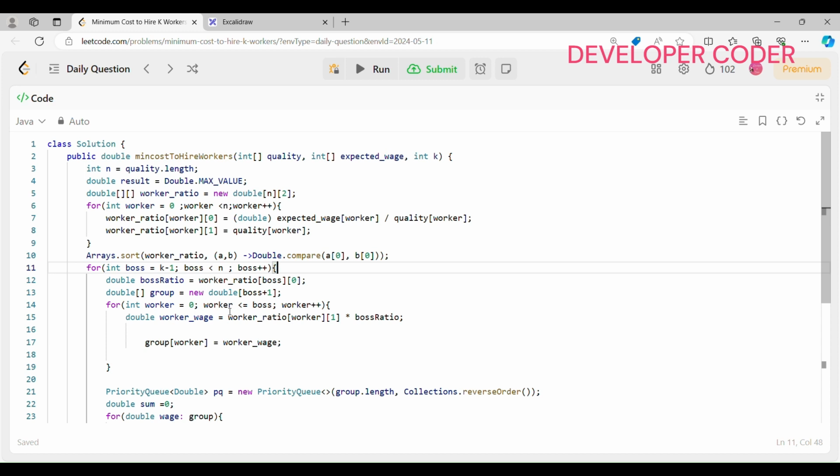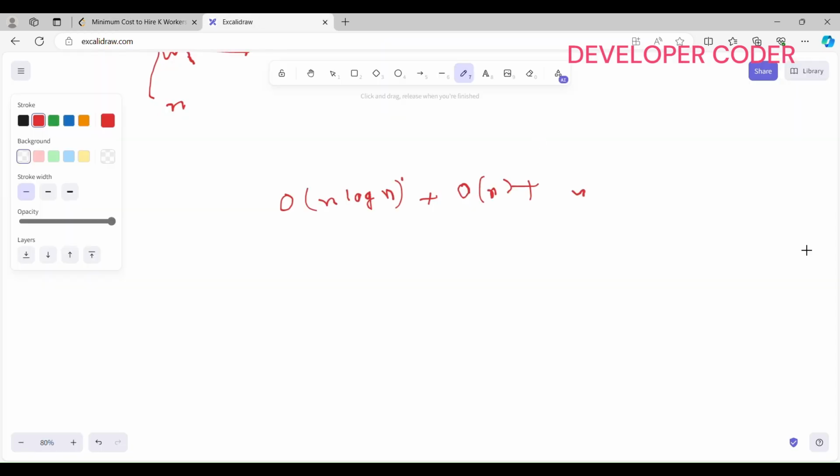This loop is also going to run for the boss number of times, so we can simply say it is also going to run n times in a very large case. When the values are very large, I am just going to say it as n square, n square plus,